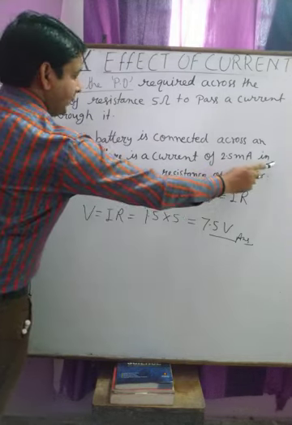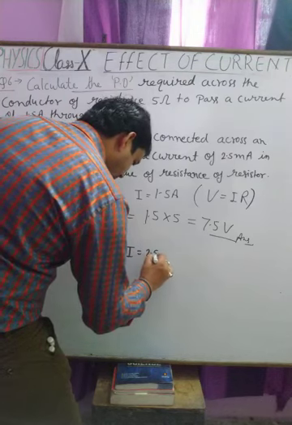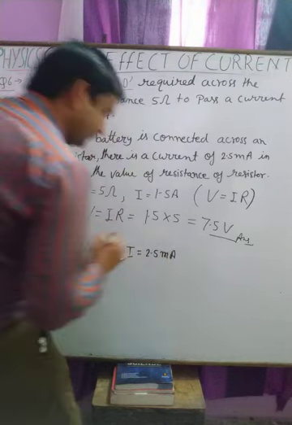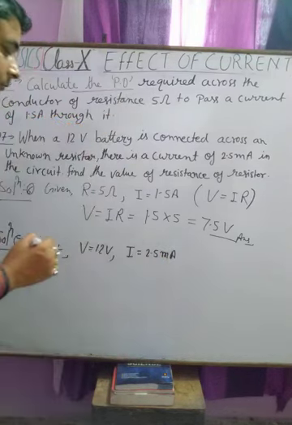We are given the voltage is 12 volt and the current is 2.5 milliampere. Okay student, you all know the milliampere is converted into ampere by dividing by 1000, because milli has the value 10 to the power minus 3, so we get the result